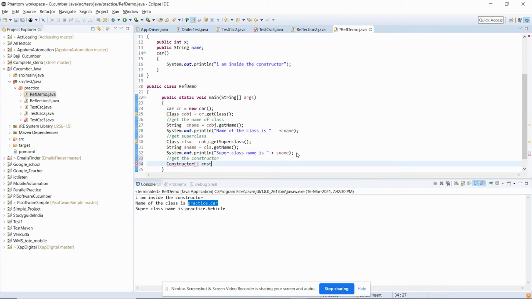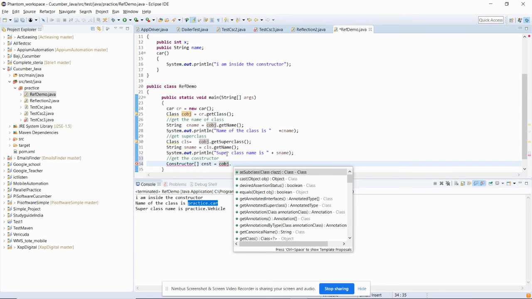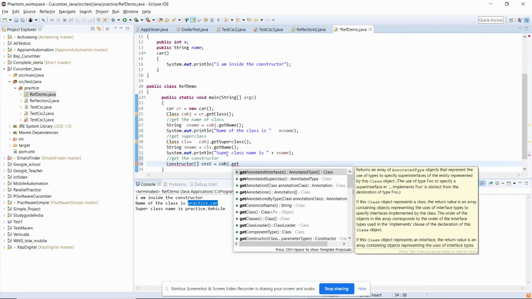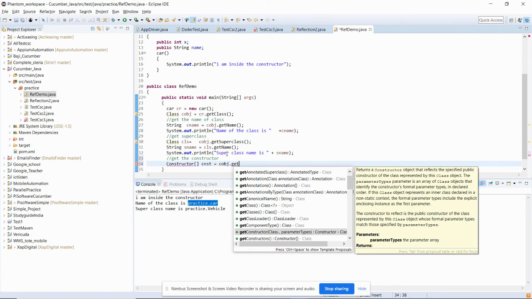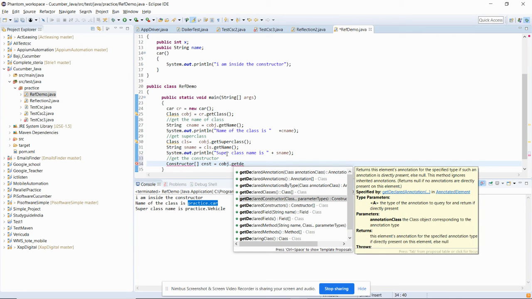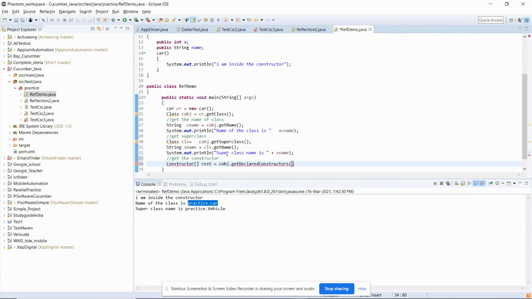I have already created my class object here, so I will call the method getDeclaredConstructors. Whatever constructors we have declared will come here.